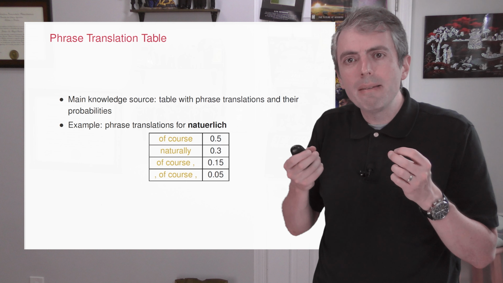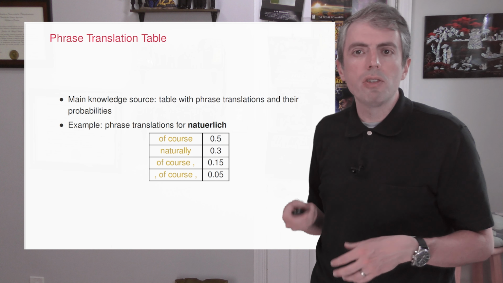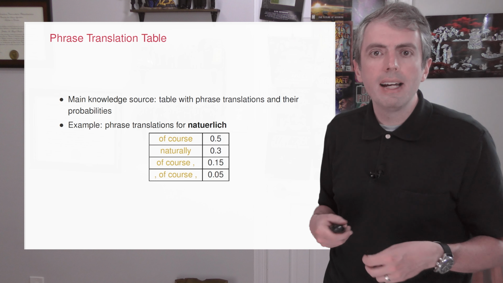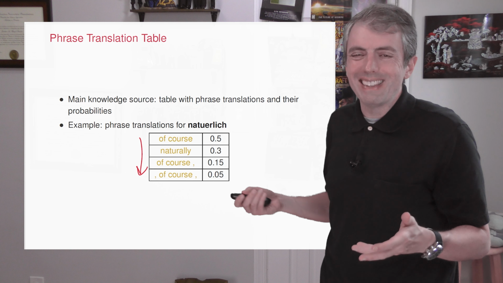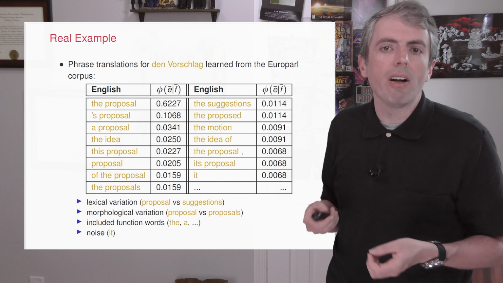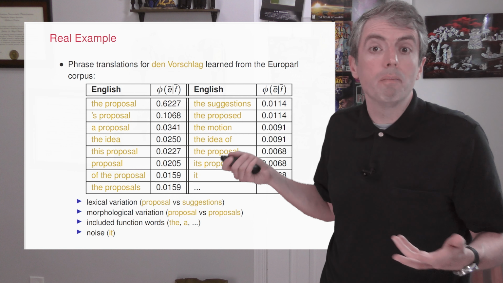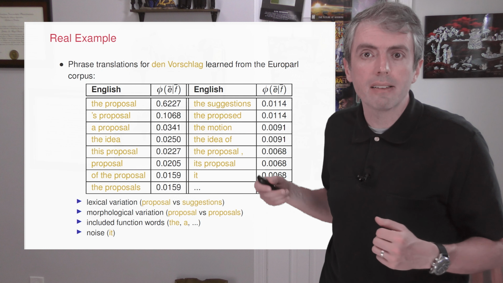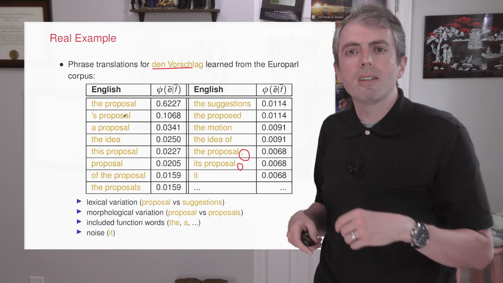So what we need to make this happen are potential translations for a phrase. For example, the German word natürlich can have any of these translations. So what are these phrases that we've been talking about? These phrases are just words that appear together on the source side and also appear together on the target side in some parallel text. Here, for example, are the translations of den Vorschlag. Sometimes it has punctuation, sometimes it doesn't,